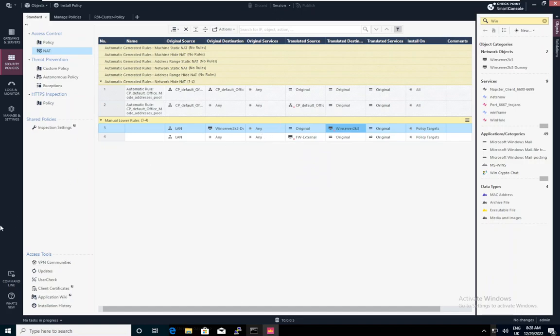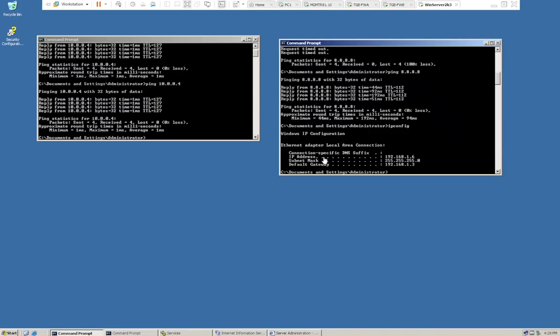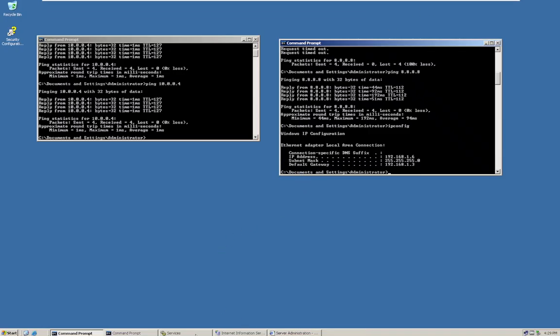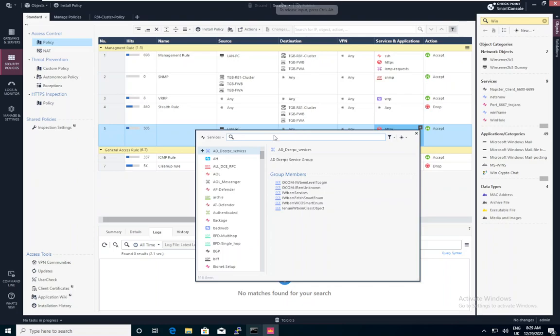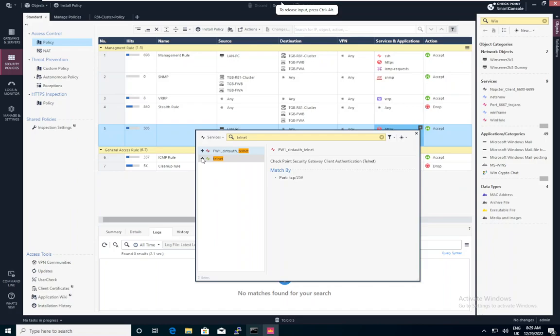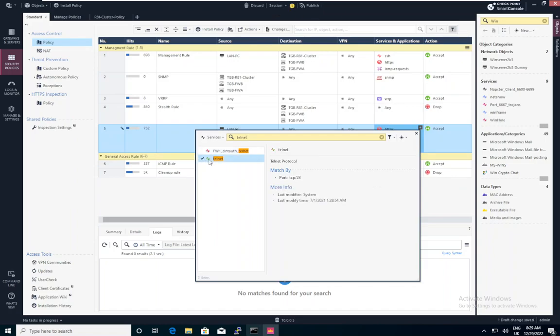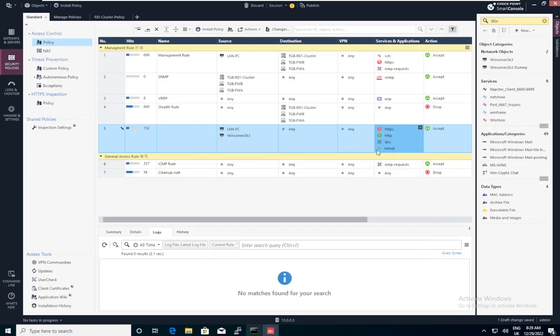Let me configure that. I have enabled a telnet service on the Windows Server machine. You can see the telnet is enabled. Let's try with telnet first. Then we will add one rule here for telnet. This is added. So from my machine to any destination, if I try to do a telnet, also try to do